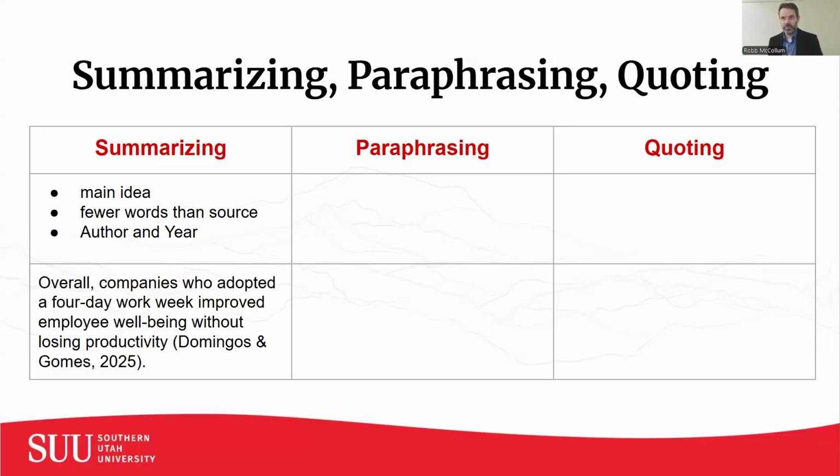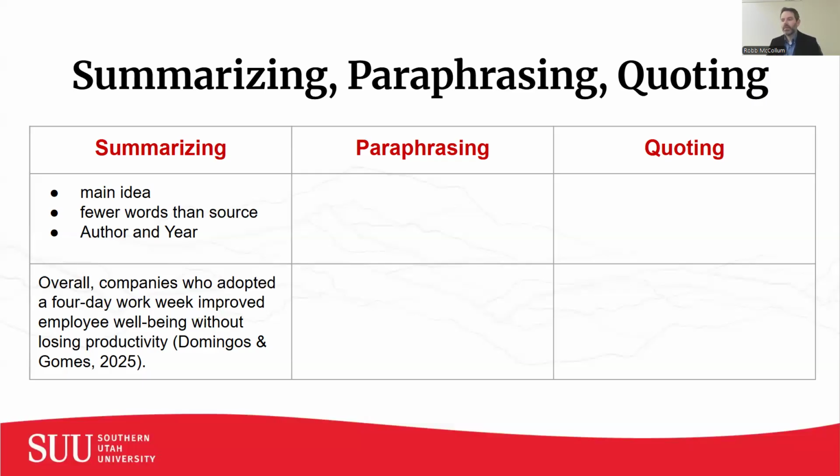When I do a summary, I need to provide to the reader in my in-text citation the author's family name and the year of publication. So, for example, here: overall, companies who adopted a 4-day work week improved employee well-being without losing productivity. That's one of the main takeaways from this article. And so at the end, I chose a parenthetical citation. At the end of the sentence, before I get to the period, I provide the names of the authors and